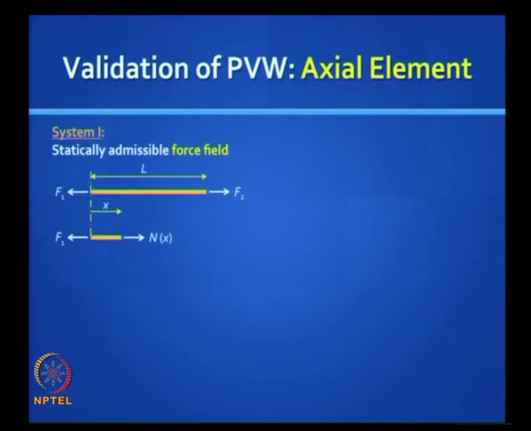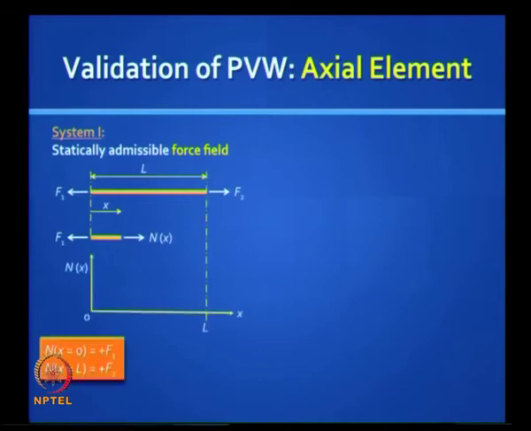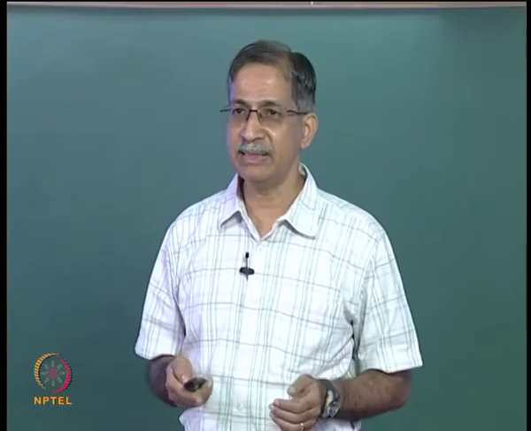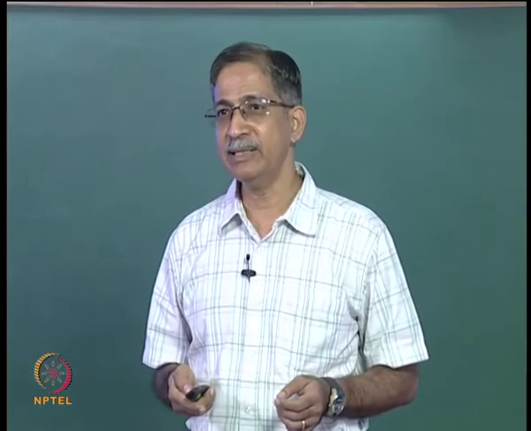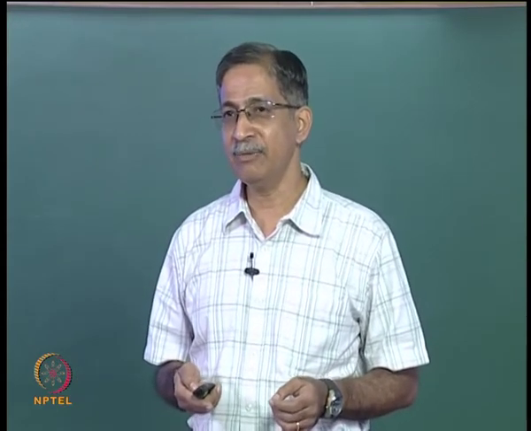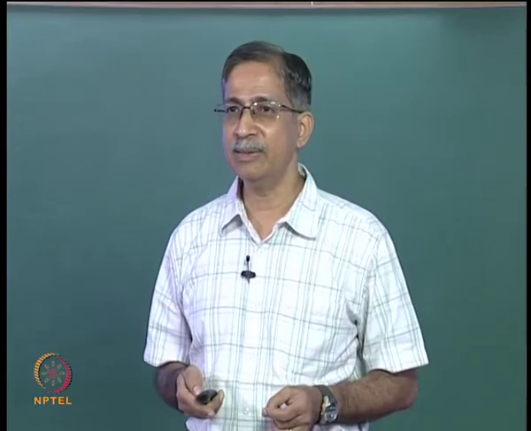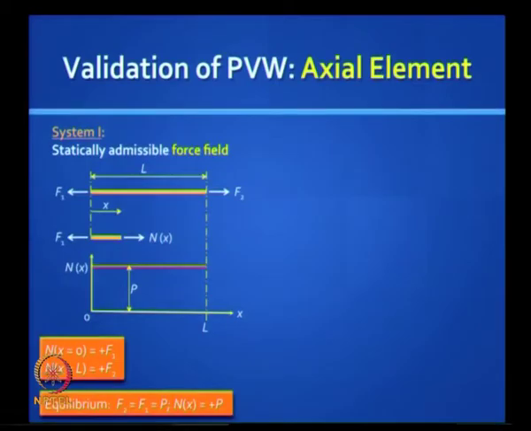Theoretically that force can change along the length of that bar, n of x, and simple equilibrium demands that for the overall free body F1 and F2 must be equal and opposite to each other, and the internal force in that bar must be a constant and equal to this external force, and let us say that force is P, so n of x is constant, it is equal to P. This is the complete information as far as the force field is concerned, and if you want to express in terms of boundary conditions, the internal force at x equal to 0 must be equal to plus F1, and the internal force at x equal to L must be equal to plus F2, and F1 and F2 must be numerically equal to each other.